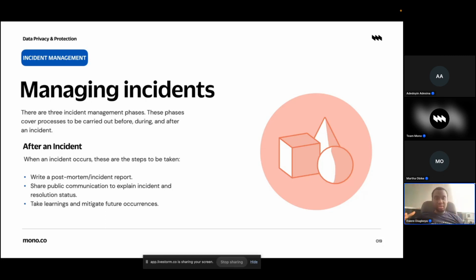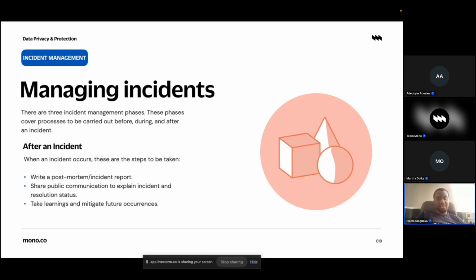I mean, about some years ago, Meta had a major outage globally. WhatsApp, Facebook, Instagram, they were all down. And after that, Meta came out and gave a detailed report of what actually happened during that process. AWS also had the same problem a couple of years ago, although it was not a global outage. I think it was an outage on certain services. And they came out to say, you know what, an engineer pushed a code that broke the system. Okay, and this is how we want to ensure it doesn't happen anymore. That communication is very key. It continues to instill confidence in your customers and your users that, you know what, these guys know what they are doing. We are still going to trust them.